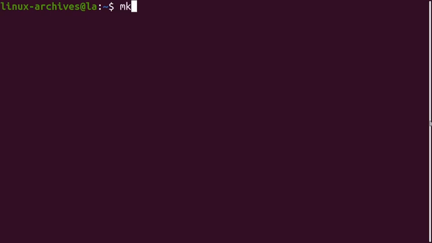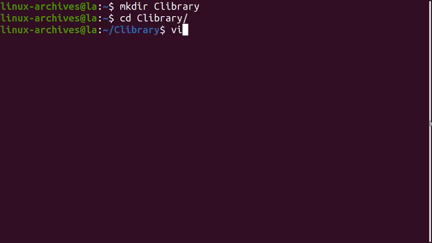First of all, I will create a directory for all the actions. First of all, we will create a C file which will contain a library function.